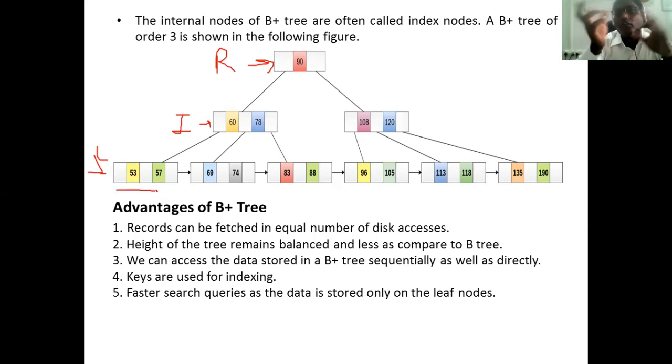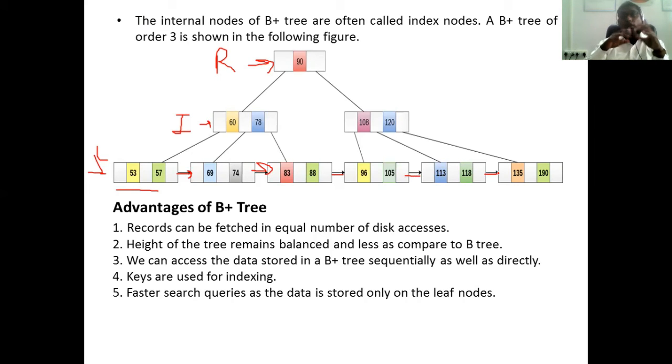These are the data available on your disk. All the leaf nodes are stored in the disk, and these nodes are connected in a single linked list fashion. One child is connected with the other child, you can see the connection here. So why is that connection needed, or what is the importance of the single linked list?